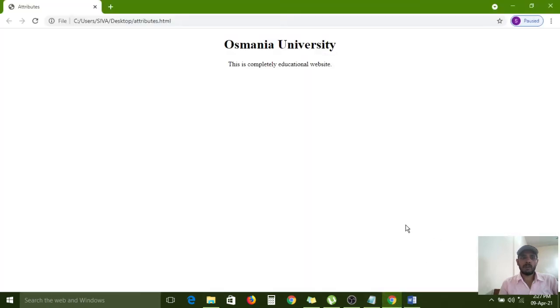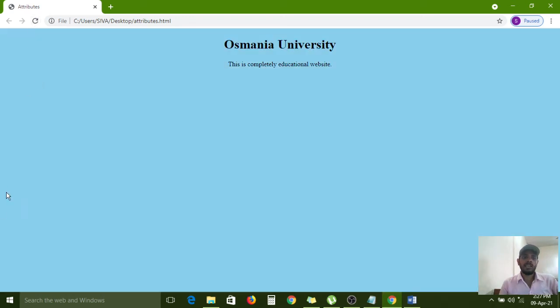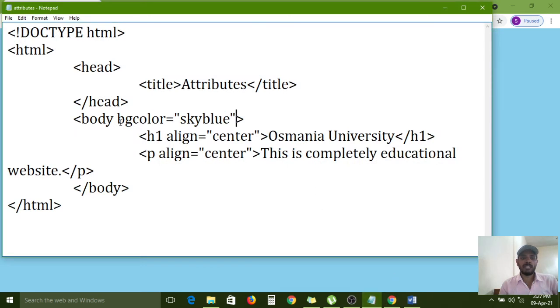Again I am opening the browser. This page content was opened in the previous execution, but now I want my current execution, because I have made some changes. So that's why I am refreshing this page. All of you carefully observe, the sky blue color has been applied as a background now. So for the body tag I gave additional information by using the bgcolor attribute, and the value is sky blue. Understand? So an attribute is nothing but it provides additional information for the element or tag.